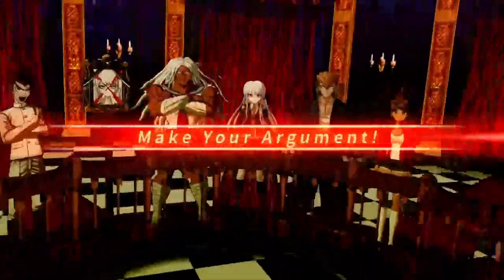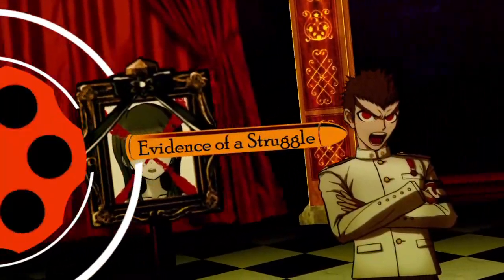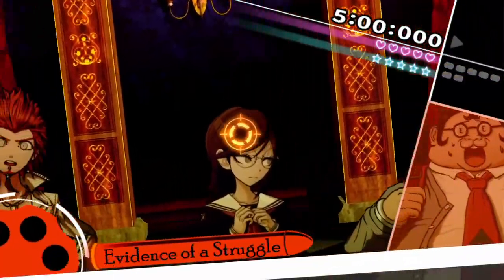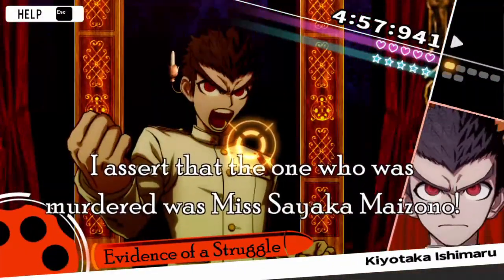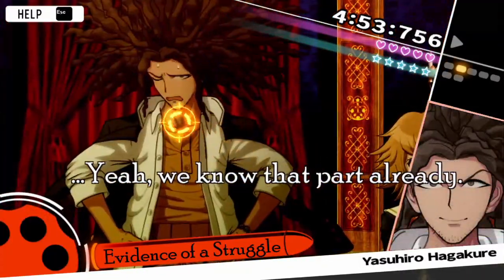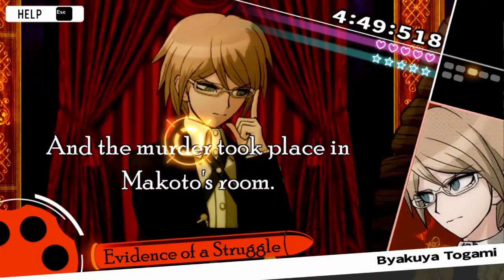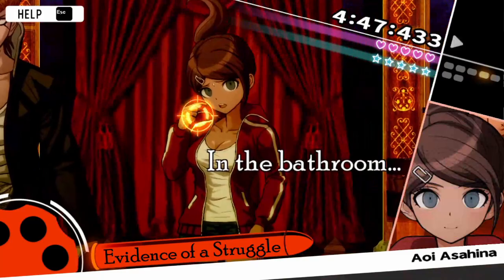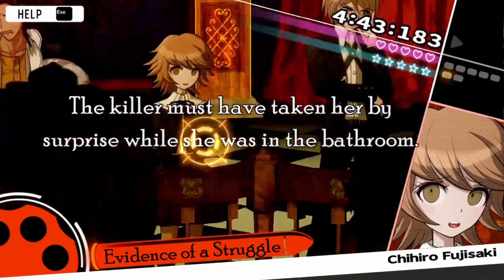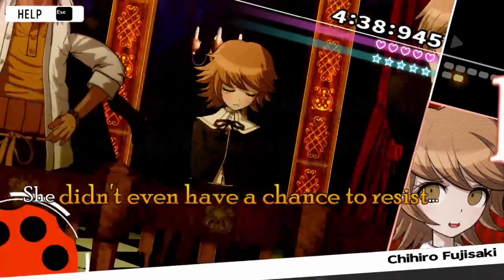Oh boy. Make your argument. I assert that the one who was murdered was Miss Sayaka Maizono. Yeah, we know that part already. And the murder took place in Makoto's room. In the bathroom. Yeah, so it seems most likely that the killer must have taken her by surprise while she was in the bathroom. No. Shoot it. She didn't even have a...